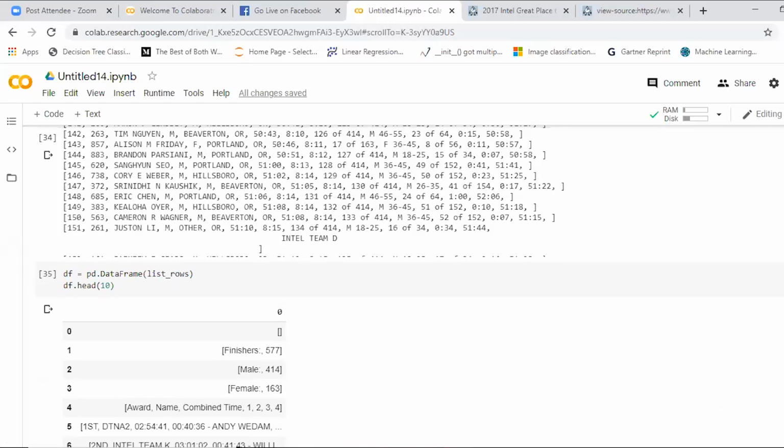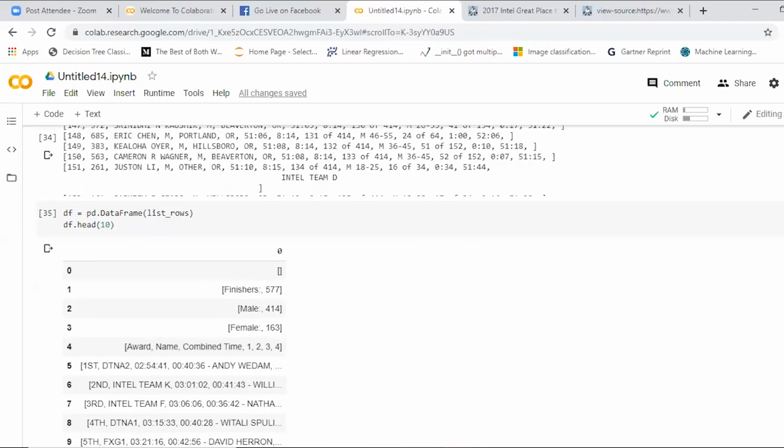Did you get this data frame? Everyone? Did you create a data frame? That means a table format consisting of rows and columns. These are all the rows, and the column is 0, which includes something like a data frame. We'll drop them. We'll clean the data. We'll go for cleaning the data. That's what we are going to do now. We'll go for data manipulation. We clean the data when we split the 0 column.